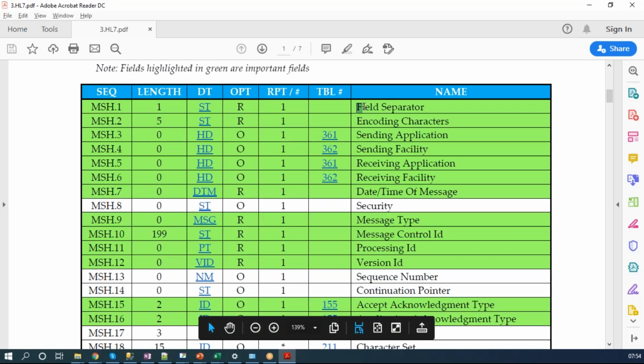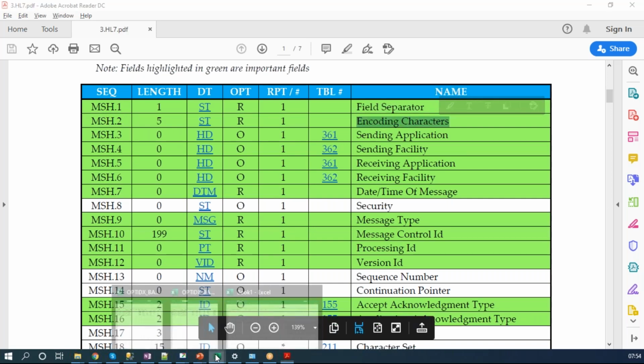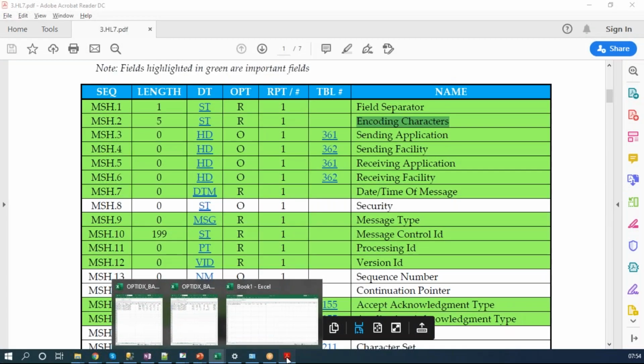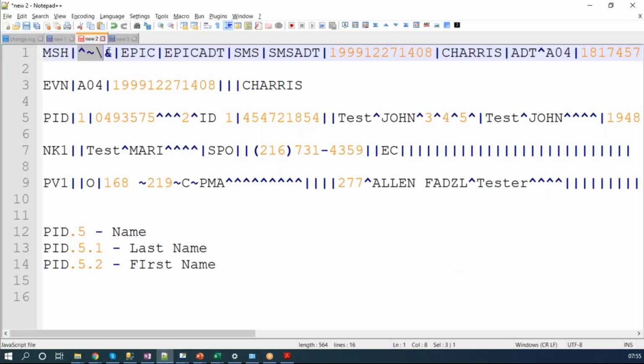So number 1 is the field separator. Number 2 represents the encoding characters. So what are encoding characters? These are the encoding characters, which are nothing but our message delimiters. Okay. Next we have